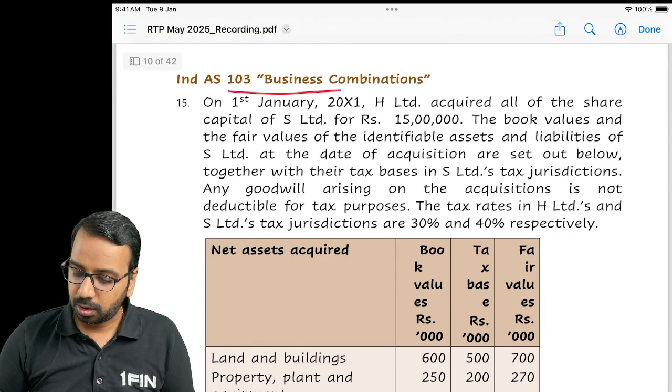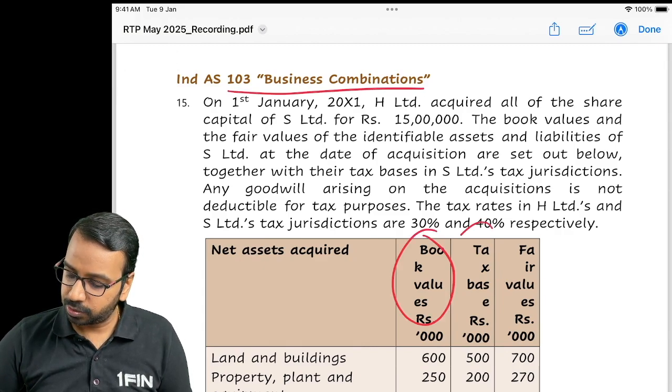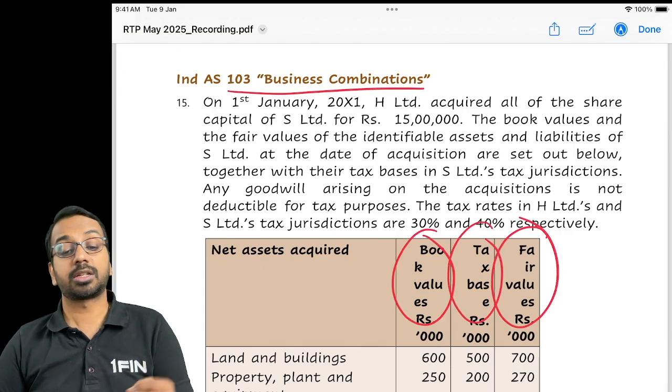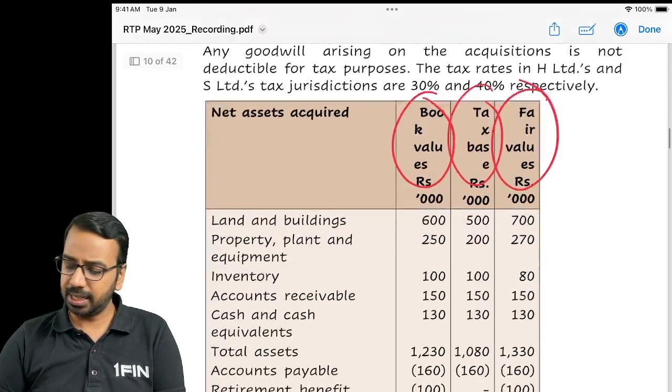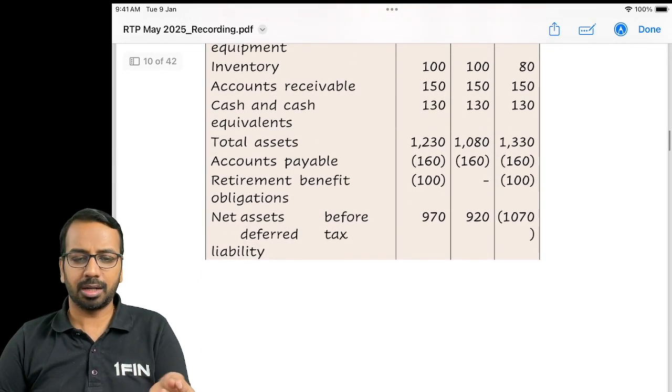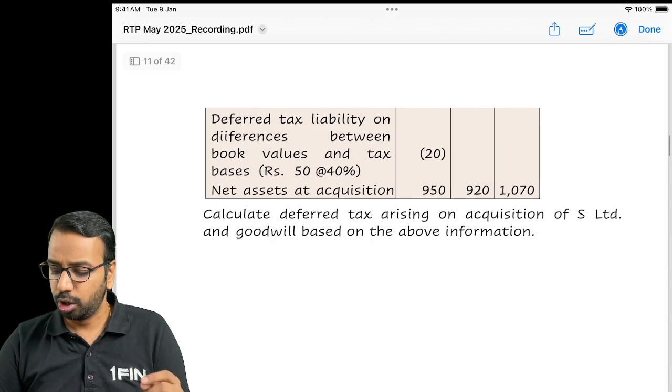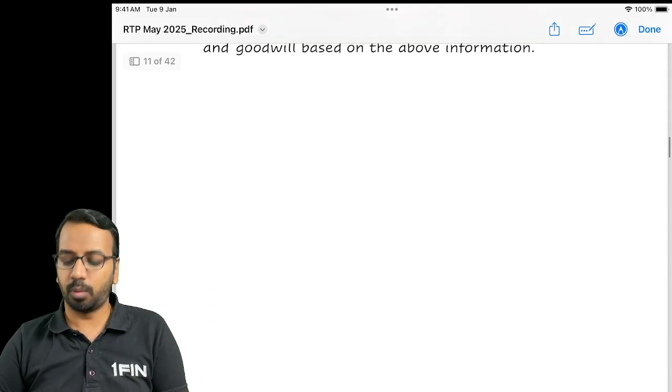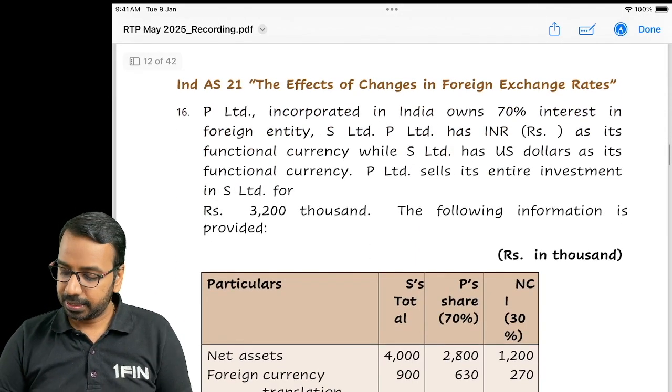Then business combination, they have given book values, tax basis and fair values. They have asked us to calculate deferred tax asset. We have done similar questions. You can practice it. There is nothing new for you to be worried about. You can do it on your own. Then